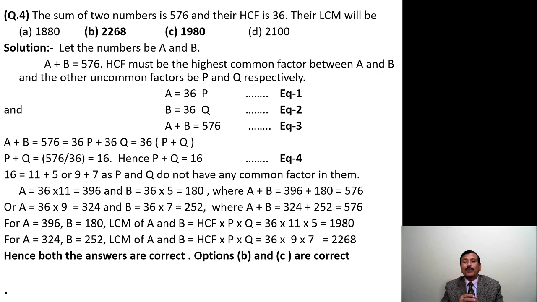Then again, in order to get uncommon parts which total to 16 but do not have anything common, we get two pairs. One is 11 plus 5 equals 16, and 5 and 11 are co-prime, and 9 plus 7 is 16, 9 and 7 are co-prime, and therefore we get two answers to this question. Next,